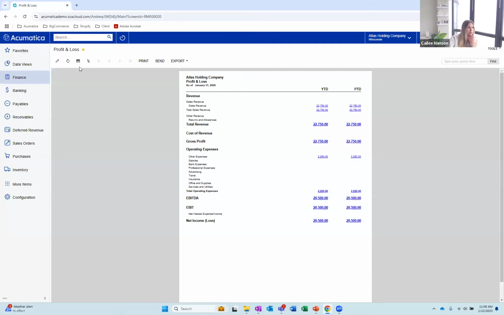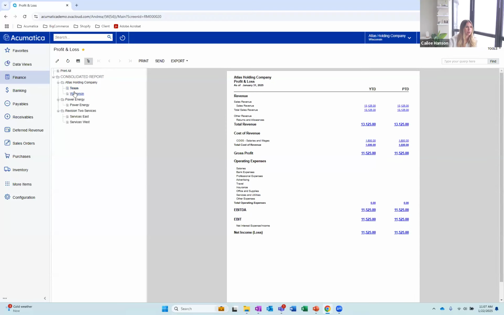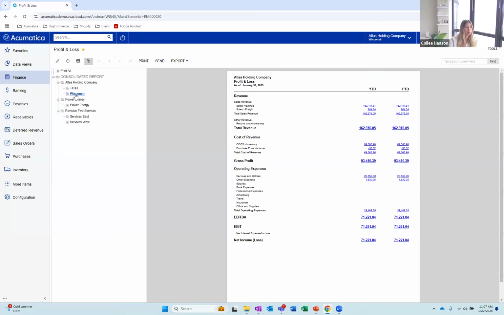So I'm going to run my report, and this is what mine looks like within my environment. Here, as you'd expect, we have the row sets and the column sets at the top, and then those values are feeding in based on that setup. Up here, whenever I have this grouping icon, this is where a unit set is set up within the financial report. If I click into this, this is how I have my unit set set up currently. In this example, I have it based on different branches within my organization. So I have a Texas branch, for example, a Wisconsin branch,